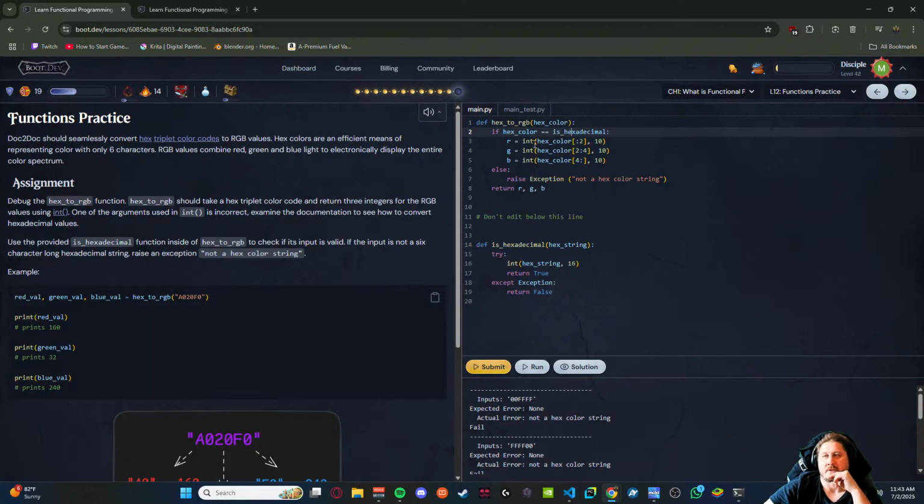That's what I don't understand. It's not an integer. I don't know why it even gives me integer. One of the arguments used in int is incorrect. The whole int, in my opinion, is incorrect. What do you mean one of the arguments?